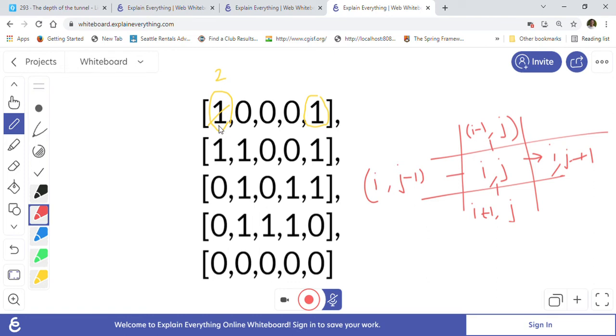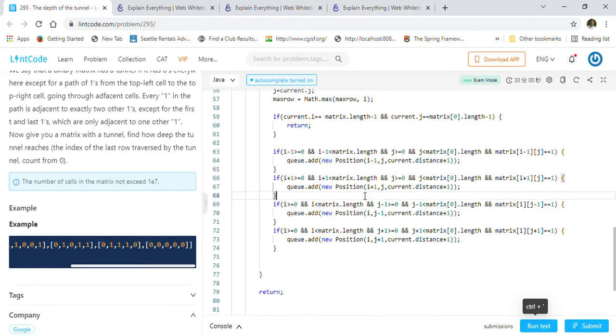In this case, for example, we will find only one 1 here, so only one is of interest, because that will be part of the tunnel. That's what we are checking here. As you can see, we are always checking in four directions if that cell is 1.